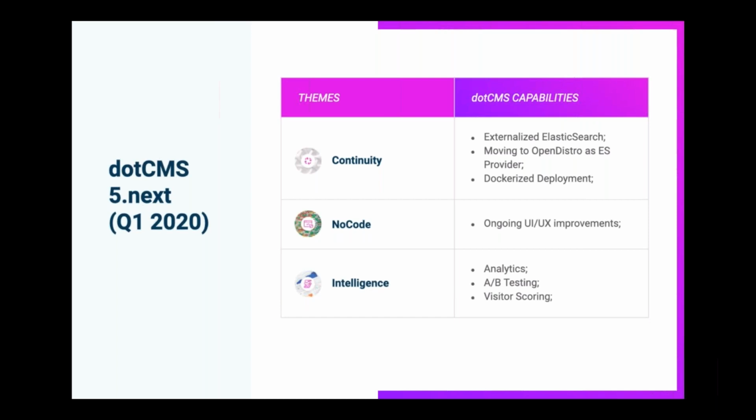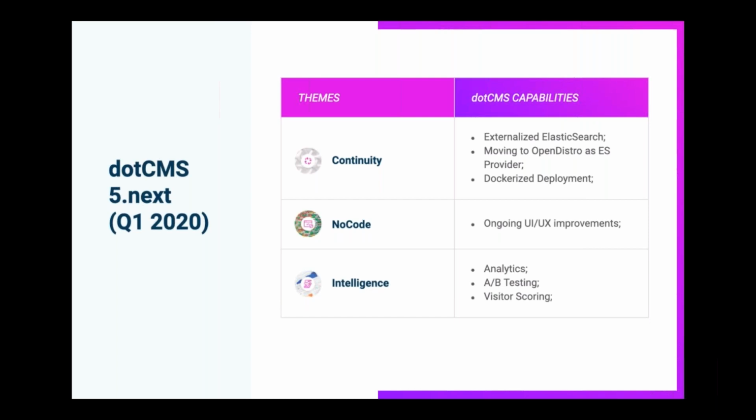Since we've had Elasticsearch embedded in dotCMS, we've run it in what's called embedded mode. This is not how Elasticsearch is intended to be run in the modern world, and we're moving to a place where we're shipping a dotCMS container, and we'll also ship Elasticsearch containers that can be spun up independently. So they'll live separately, and Elasticsearch will have to be started and stopped separately outside of dotCMS. And we might provide scripts that do that automatically, but that's another thing.